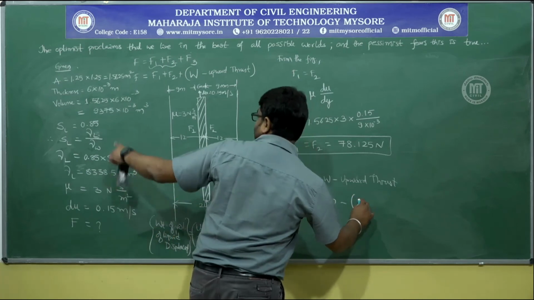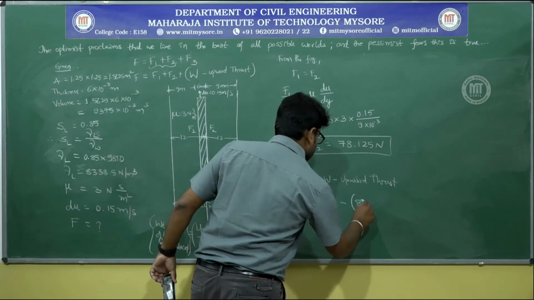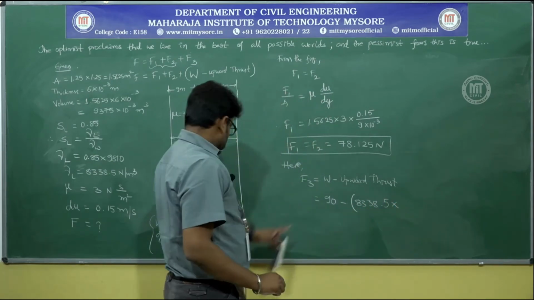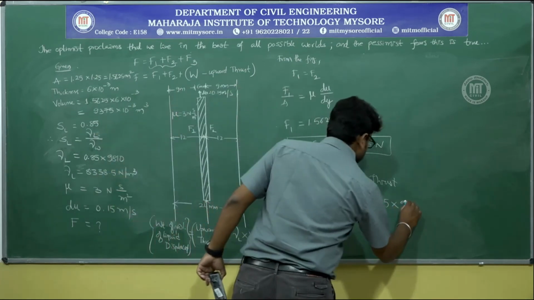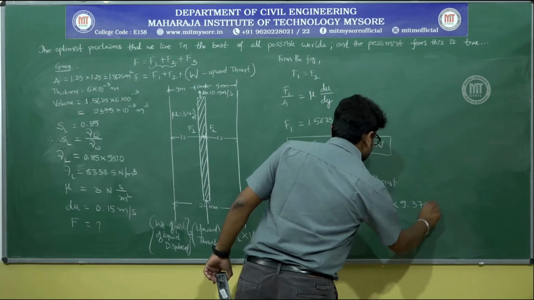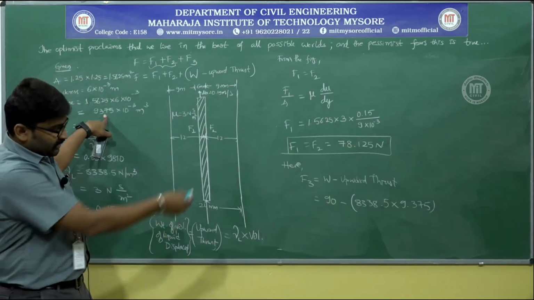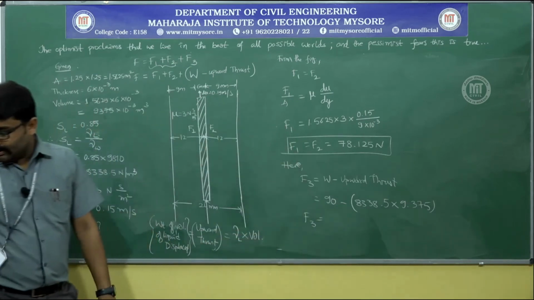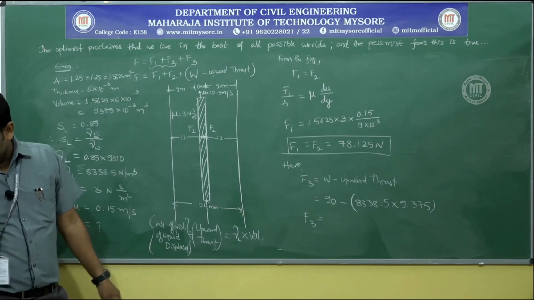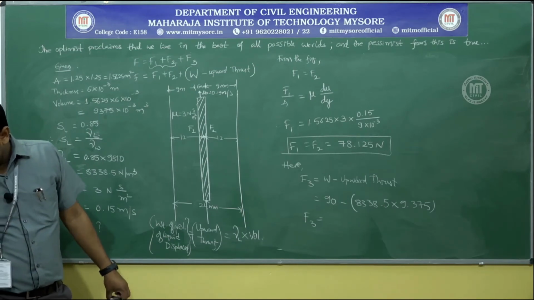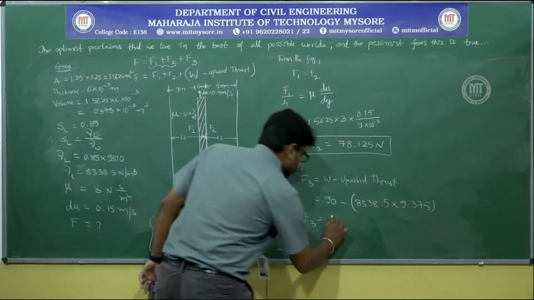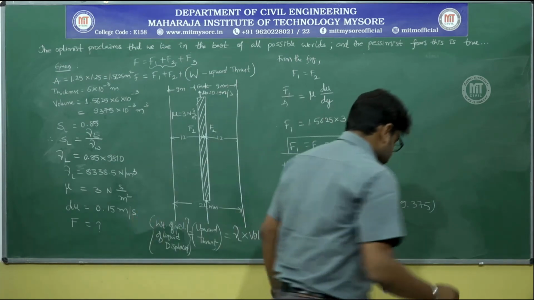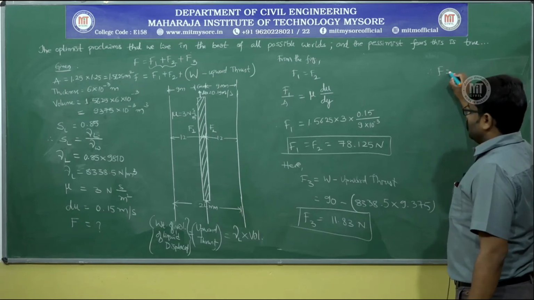So, I can write it as weight density you have achieved as 8338.5 into volume. Volume is 9.375. I have written 9375 into 10 power minus 3 as 9.375. So, you will get F3 as 90 minus that, F3 as 11.83 Newton. So, finally, you have F is equal to